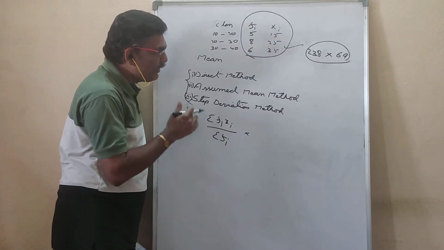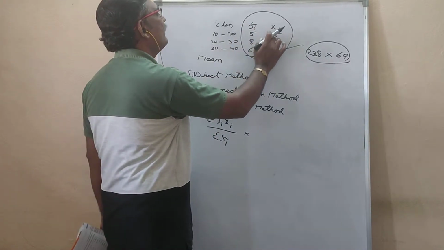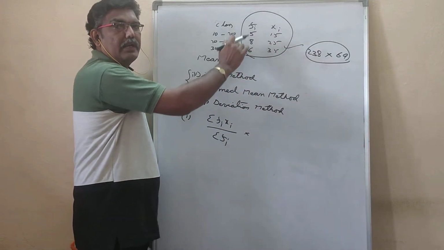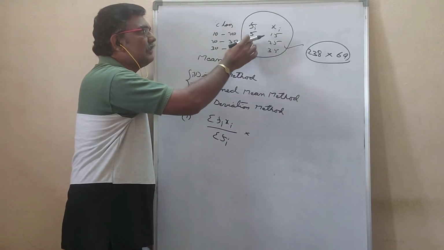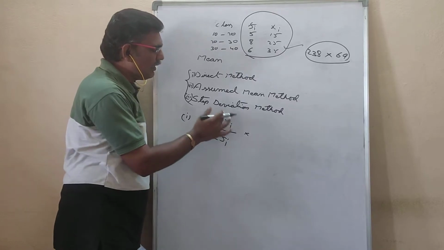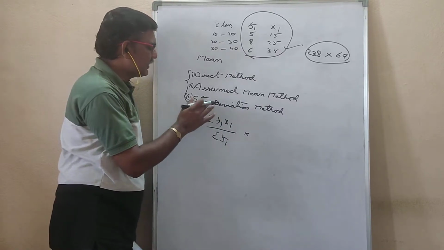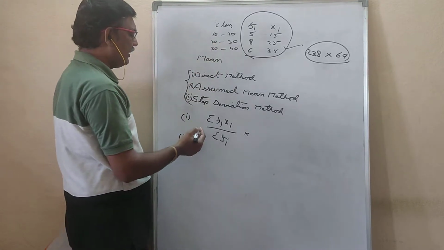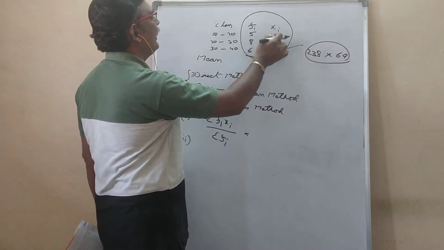In this method, the numbers are small enough, like mid values will be like 2, 3, 5, below 10, and here also some numbers like 10, 8, 7, 6, like that. Fi and xi, if the numbers are very small, you have to use which method? Direct method. Next, medium. Medium means like this fi and xi are somewhat like say 15 and 5, which you can do.